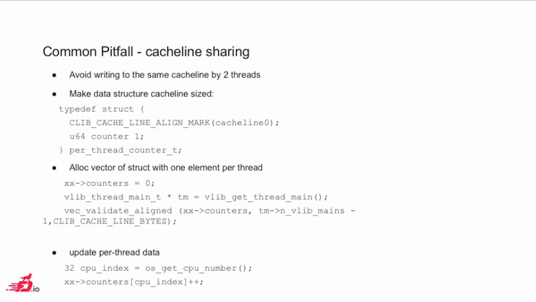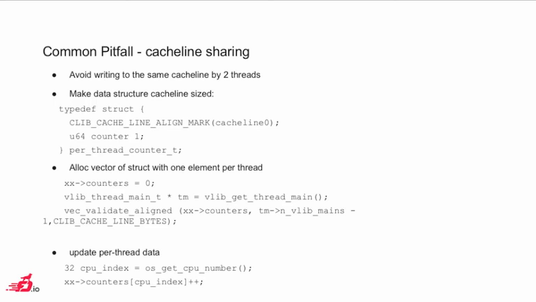Because your threads are running on different cores, you have different cache hierarchies. Every time you try to write to this one, you need to do cache synchronization between the 2 threads. The CPU needs to send the whole cache line to the different thread, and so on. So writing to the same place at the same time from 2 different worker threads is a really bad idea. So what we typically do,